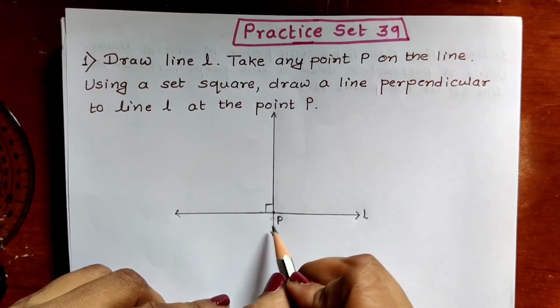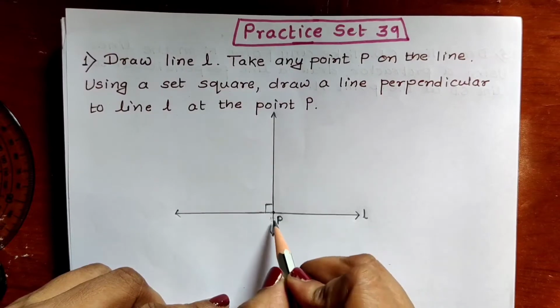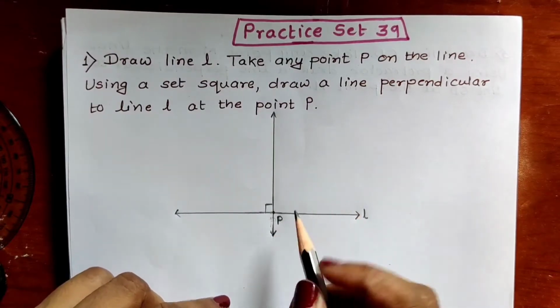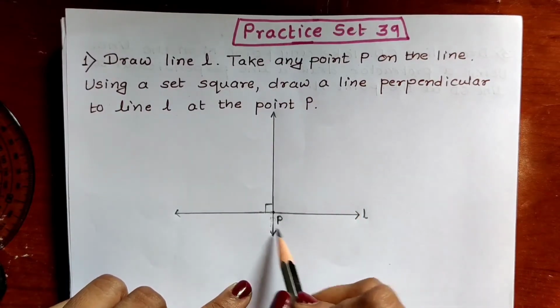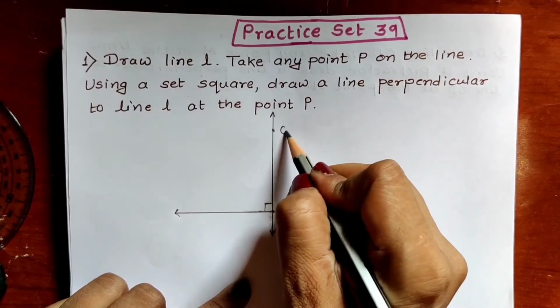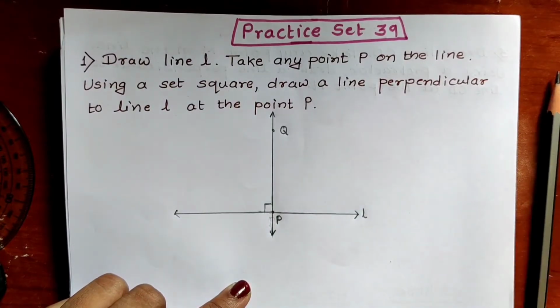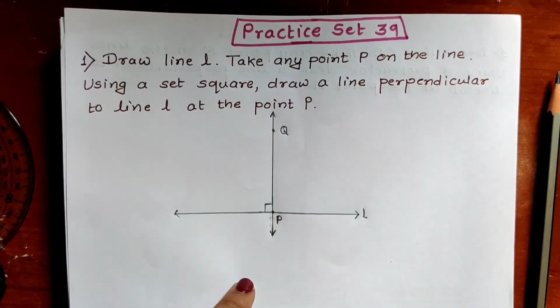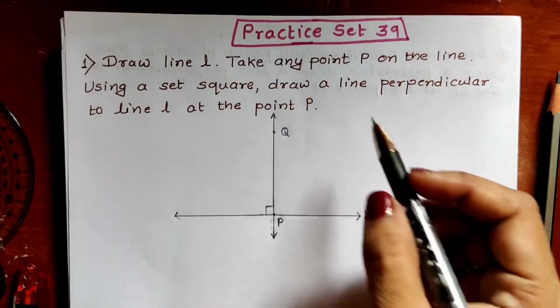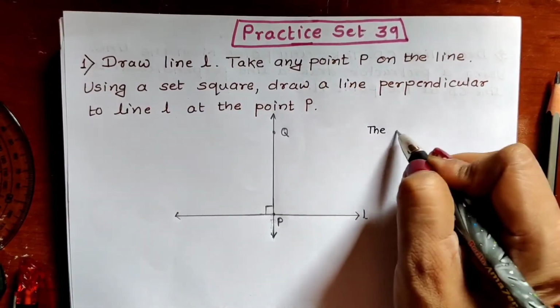I have rubbed it because the line has come on this point P. So P should be written so that it is visible. Now see, here we can give any name so that we can write properly. How we write in the symbol form, let us see. First we write in words. Okay, how to write the line